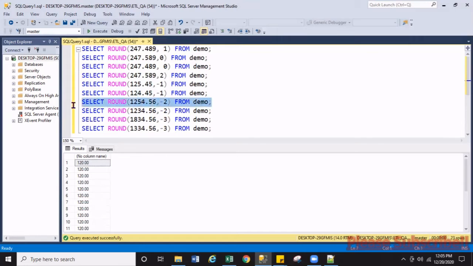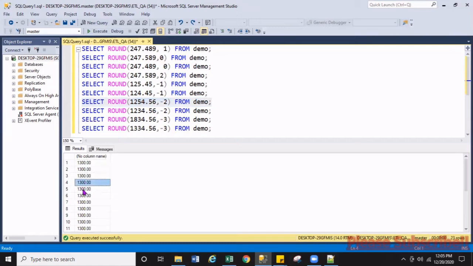Let's go to the second digit of negative. So the second digit of negative, that means it will look at the 5, right? It will look at the 5. And is the 5 leading to 10 or leading to 0? So that is leading to 10. So when the 5 is leading to 10, it becomes 10, and 10 means 1. It is going to add one number to the 2 and it becomes 3, and the rest of the numbers it is going to make 0. So it will be 1300.